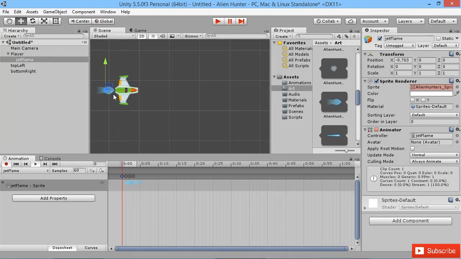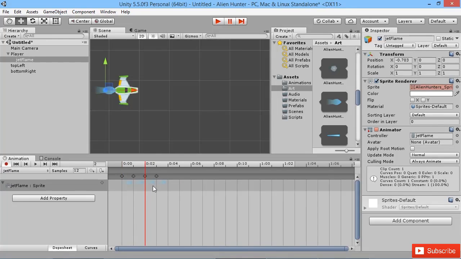So there's two options of what we could do. We could stop this playing, and we could stretch out these keyframes and make them be further out, or we could change the sample rate. So at the moment it's saying it's running at 60 frames a second. We can slow that down to say 12 frames a second, which means now there's a much bigger gap between our frames here. So if we hit the play button,